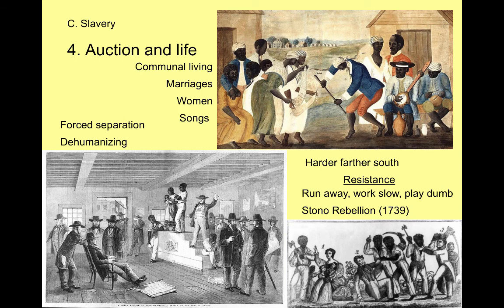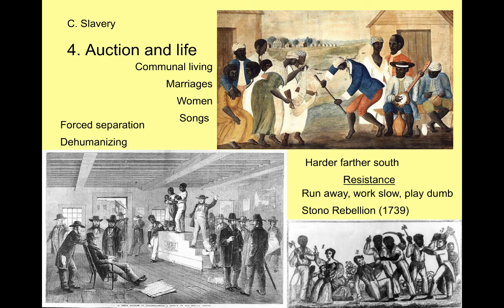Now, of course, the more spectacular and the more famous way of resisting is to have an out-and-out rebellion. These are very rare because the white plantation owner has all the weapons and all the power, and if you get caught, more often than not, you will be killed or sold into slavery. He might sell you, because he sees you as a troublemaker, to the Caribbean or to Brazil, where your life expectancy is much lower. And so you have to be very desperate to want to organize a rebellion.